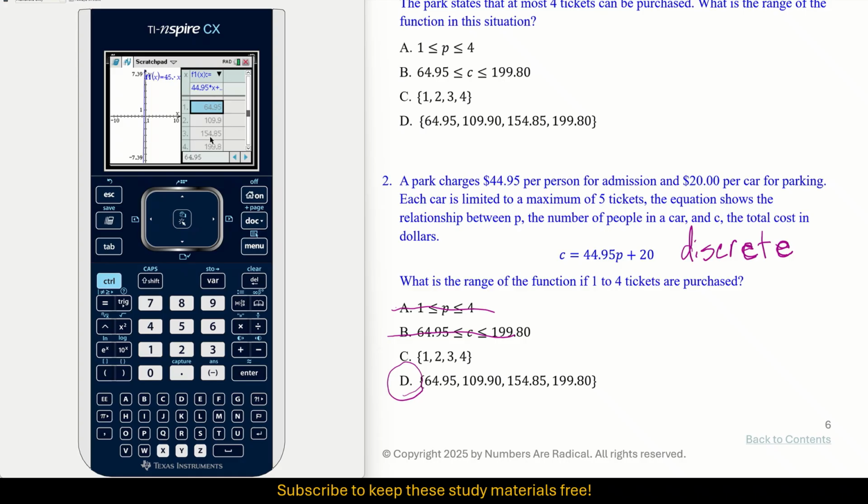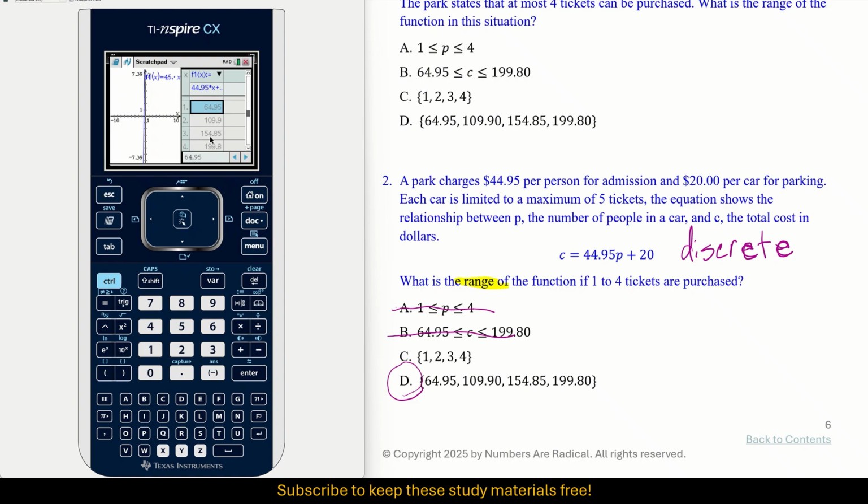Now, how do I know it's not C? C is actually our domain, and the question asks for the range. Okay, so using our calculator, we have verified that option D is the correct values, the correct discrete values. And as I mentioned before, discrete means that you can't have any values between. You have to have